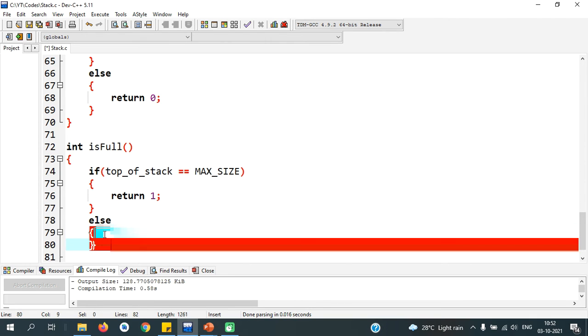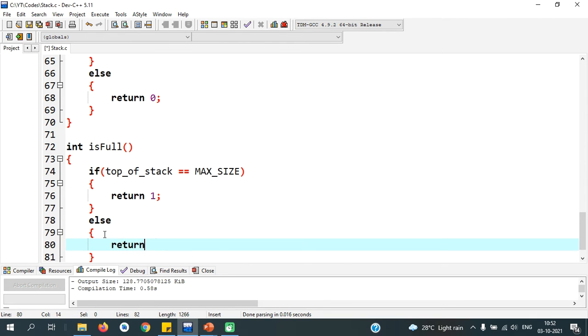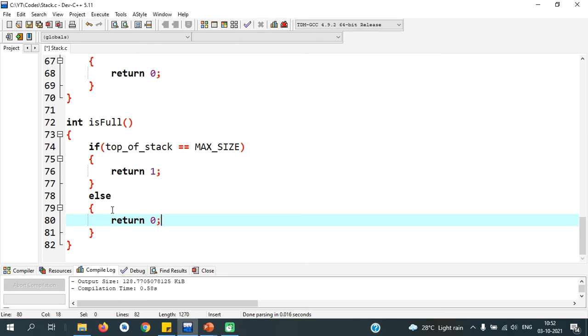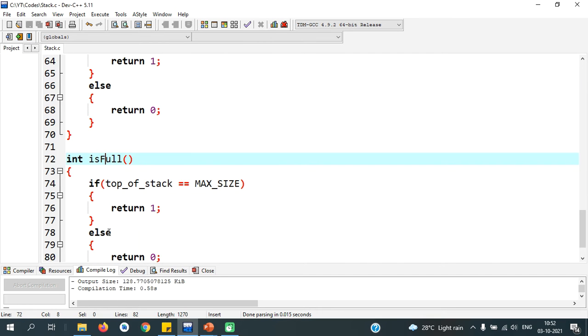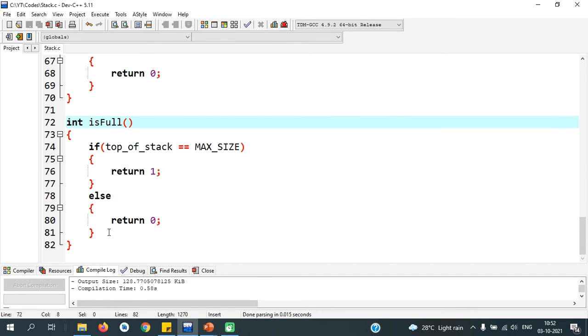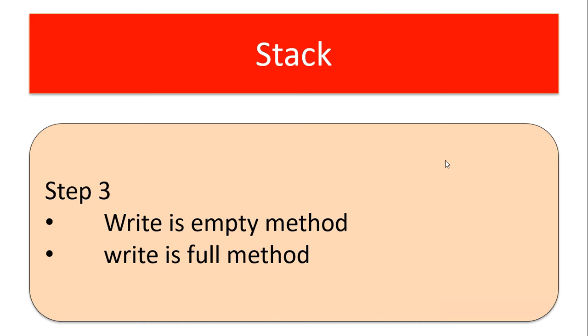Else return 0, which means the stack is not full. We have still more spaces left for the push operation to enter a value. So now the isEmpty and isFull operations are over, completed. So as per step 3, write isEmpty method, write isFull method. This part is over.